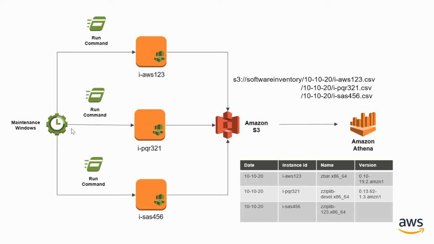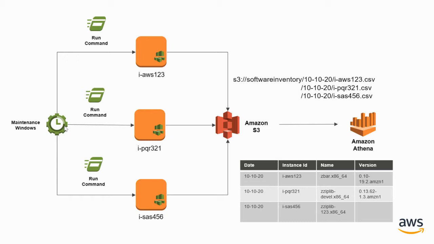So here, what I need to do, I need to create a document first. That is the first step. So in that document, I have mentioned that I need to collect these three software versions. And after collecting those software versions, I'm uploading those versions for that particular instance in the S3. So these are the steps which get executed in the EC2 instance. So the first step is that you need to create a document, and you need to register that document in the maintenance window feature.